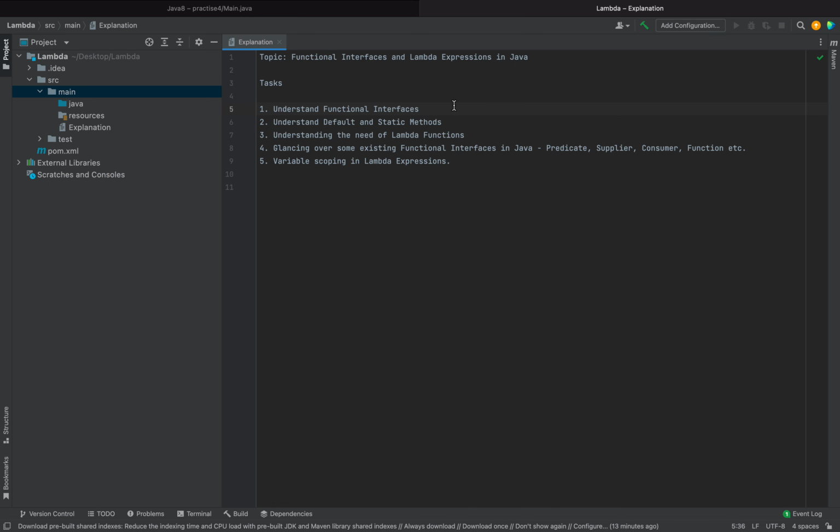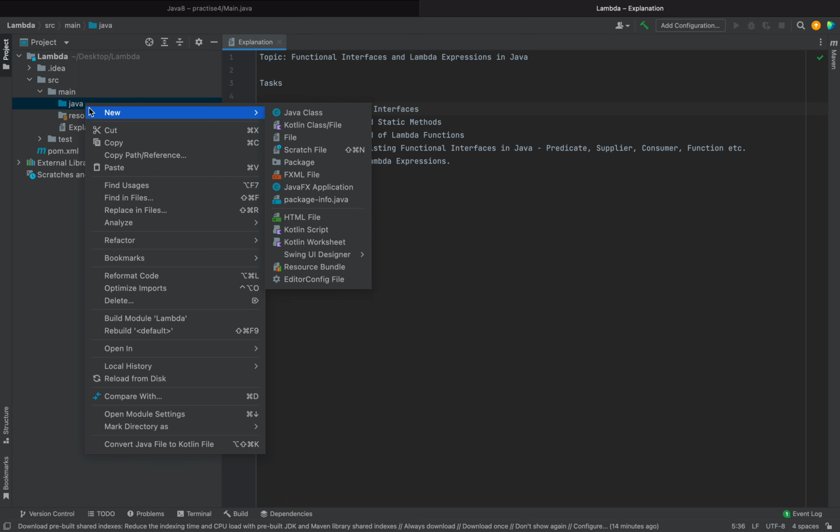It just tells that the underlying interface, if it is a functional interface, will just have one method, right? And only that method will need to be implemented. It can have other methods like static methods or default methods, but we'll go around what static and default methods are. But the abstract method would only be one with functional interfaces. So let's not waste much time in theory, and we'll learn that while we see it in the video,